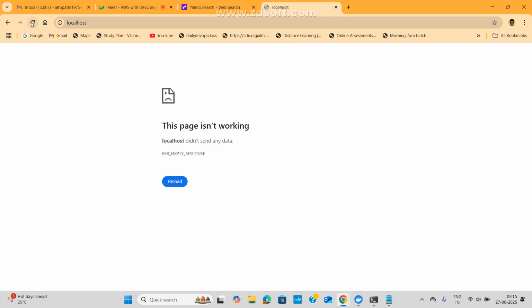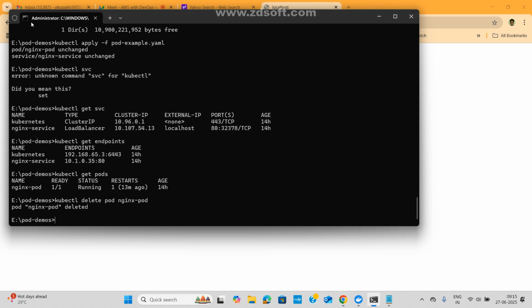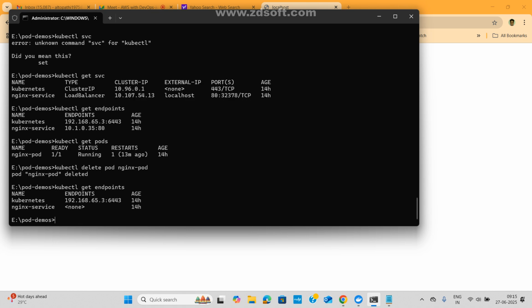Now what to do? Is there any remedy here? Maybe I'm asking you. What is the remedy here? See, manual interaction. What is the manual interaction? Once you get a problem, what will you do? Again you go for kubectl get endpoints. See, first you need to check here. If your end user is messaging you, mailing you that the application is not running,